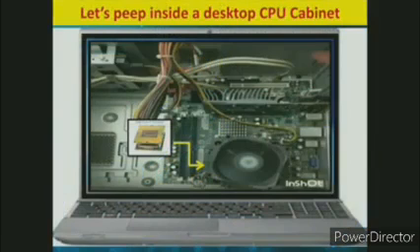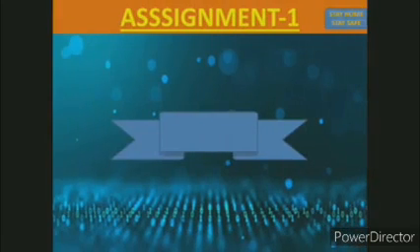Now it is better to locate a CPU within a computer. Normally, within a CPU cabinet, you cannot directly peep inside and find the processor, because the processor is mounted on the motherboard, and over the processor a cooling fan is mounted just to make it cool during processing, because it gets heated up. So that is the location from the top. If you find a cooling fan, you have to understand that below it you can find the processor.